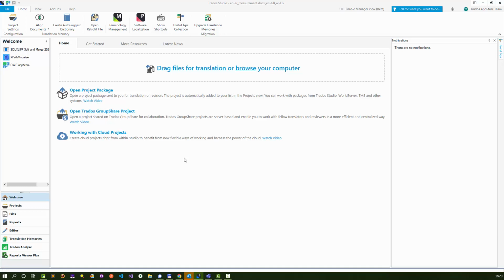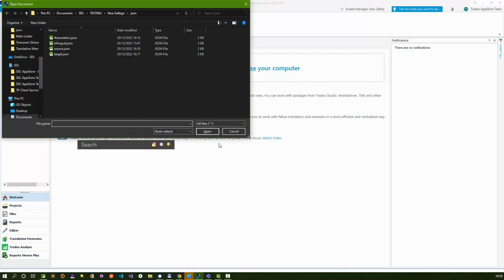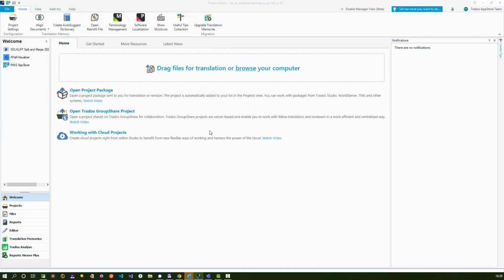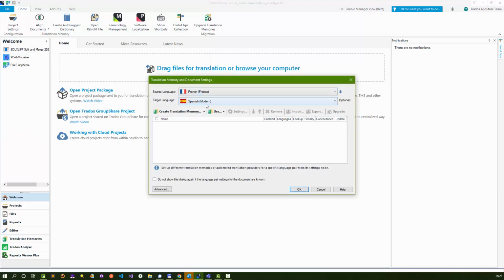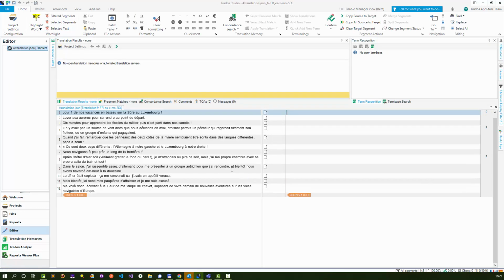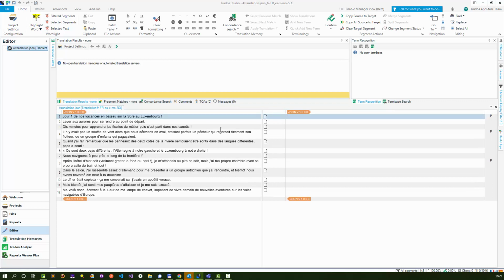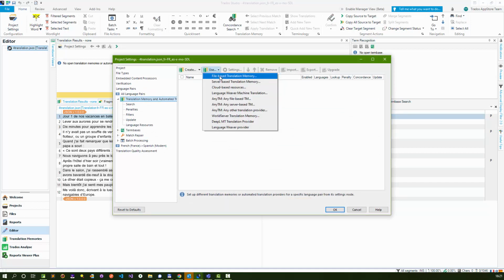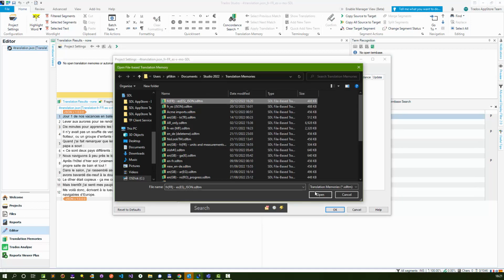What I'm going to do then is Control-Shift-O, which is create a single document project, and I'm going to pick this for translation JSON that we created, to translate it from French to Spanish modern, and click on OK. So that's opened the file up for me, ready to translate, and it's all segmented because I removed the target from that particular file, so it's segmented correctly. And all I do now is go to my project settings and use file-based translation memory, and I'll pick that JSON,